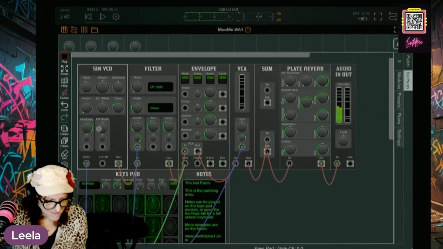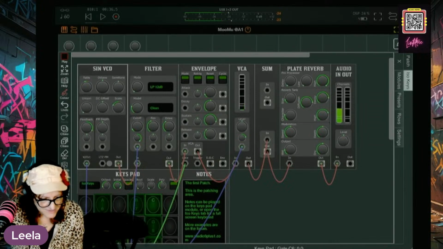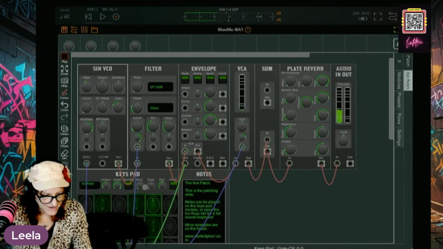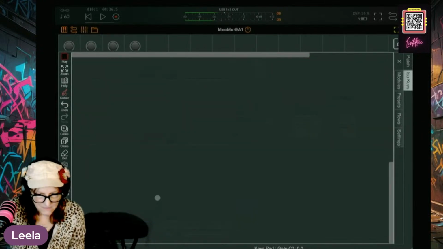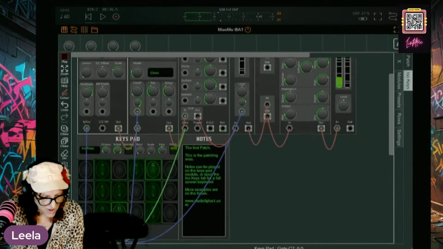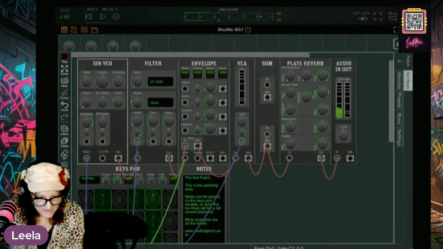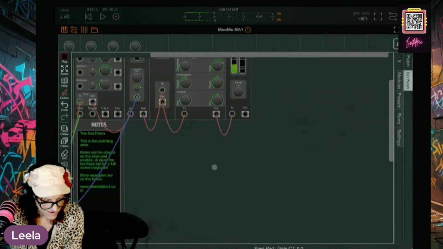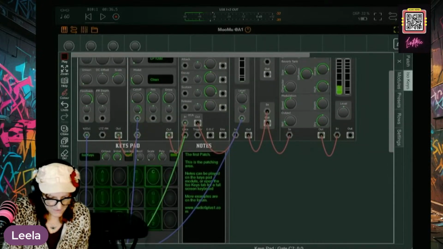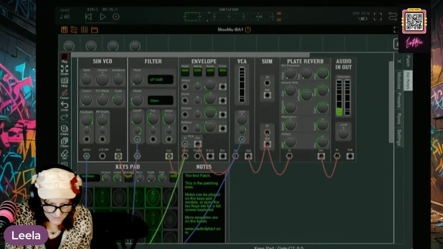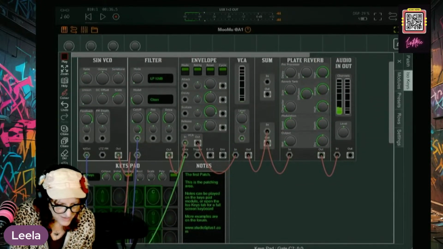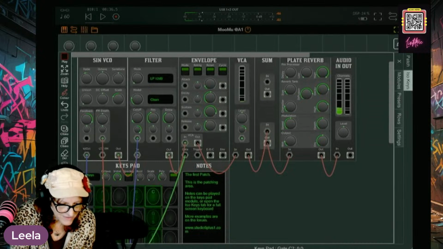You can mess with your FM depth. So right now we have our velocity going to the VCA. We could move that and put it to FM depth.